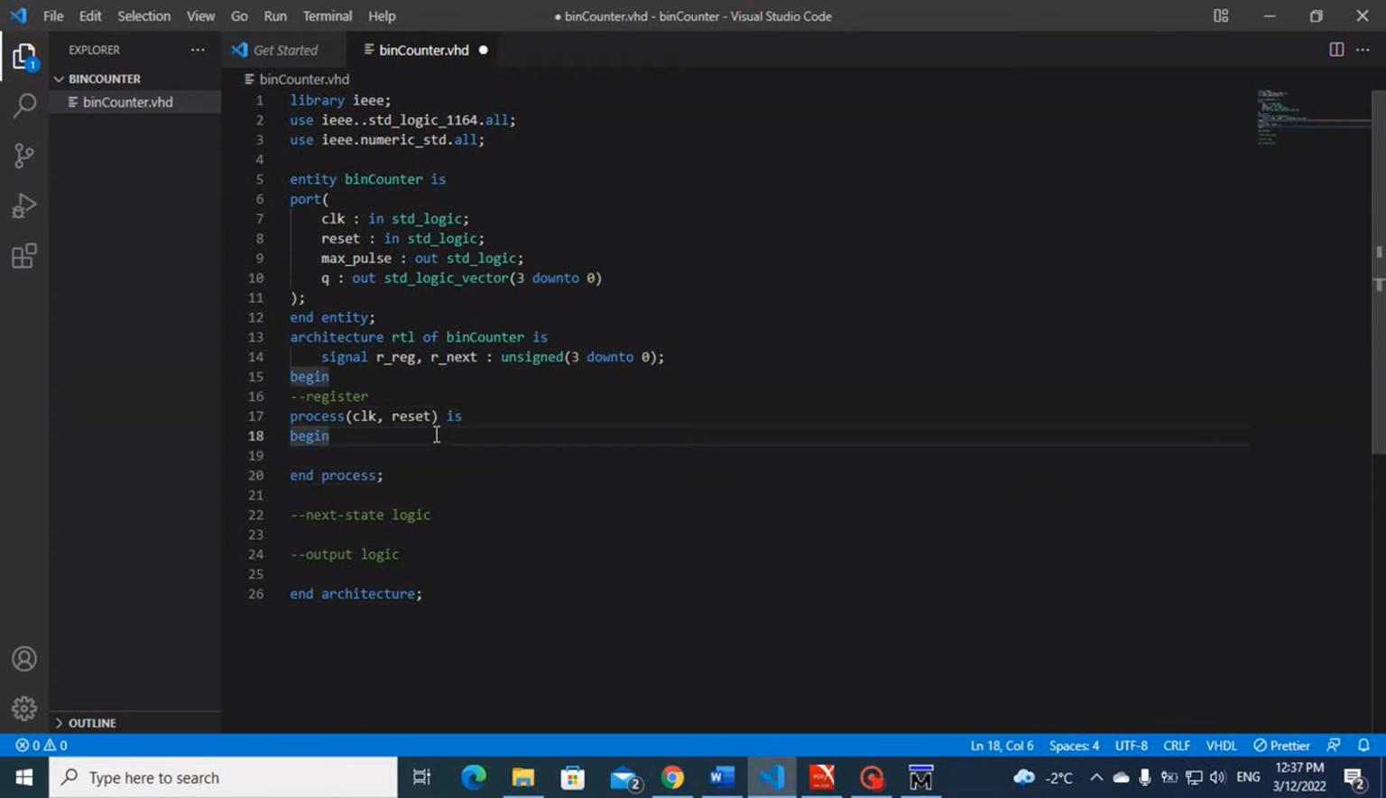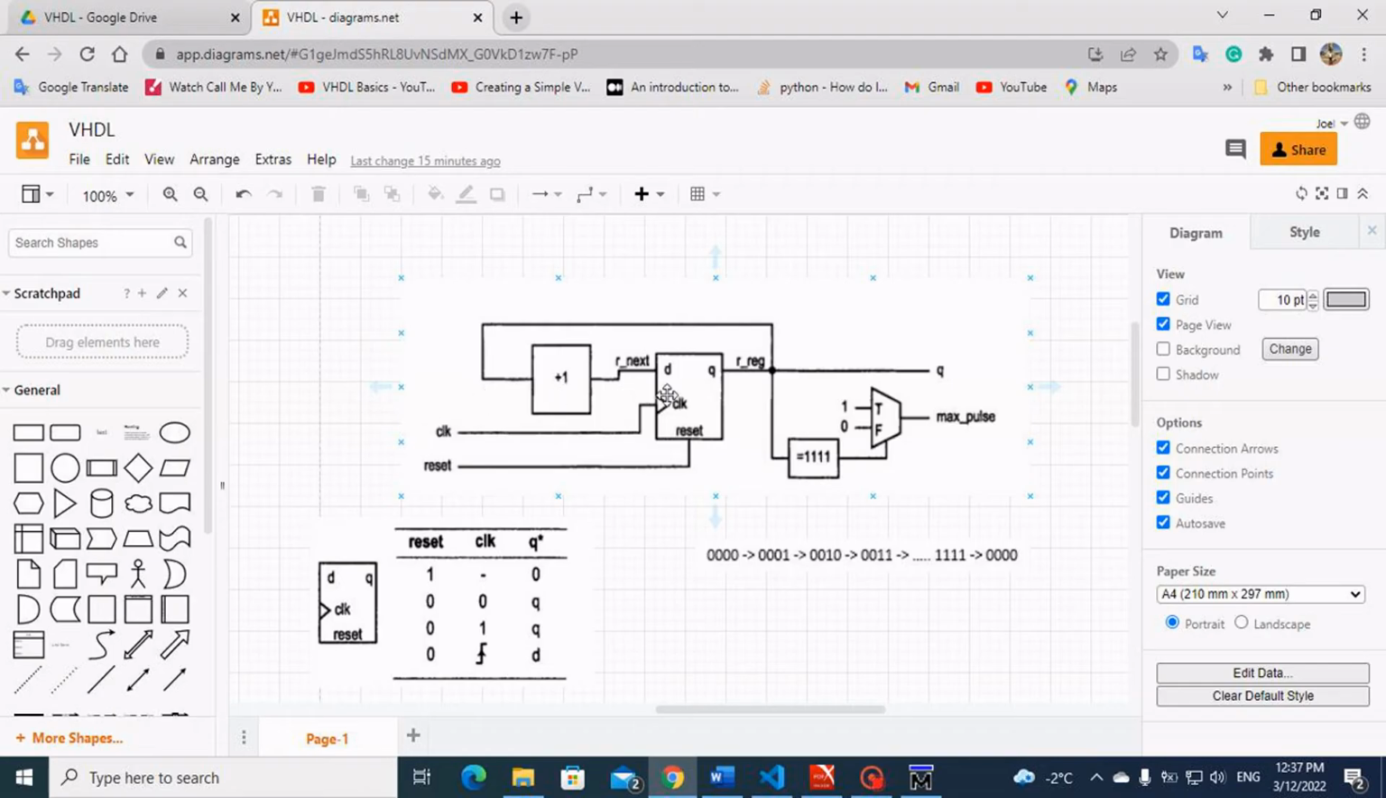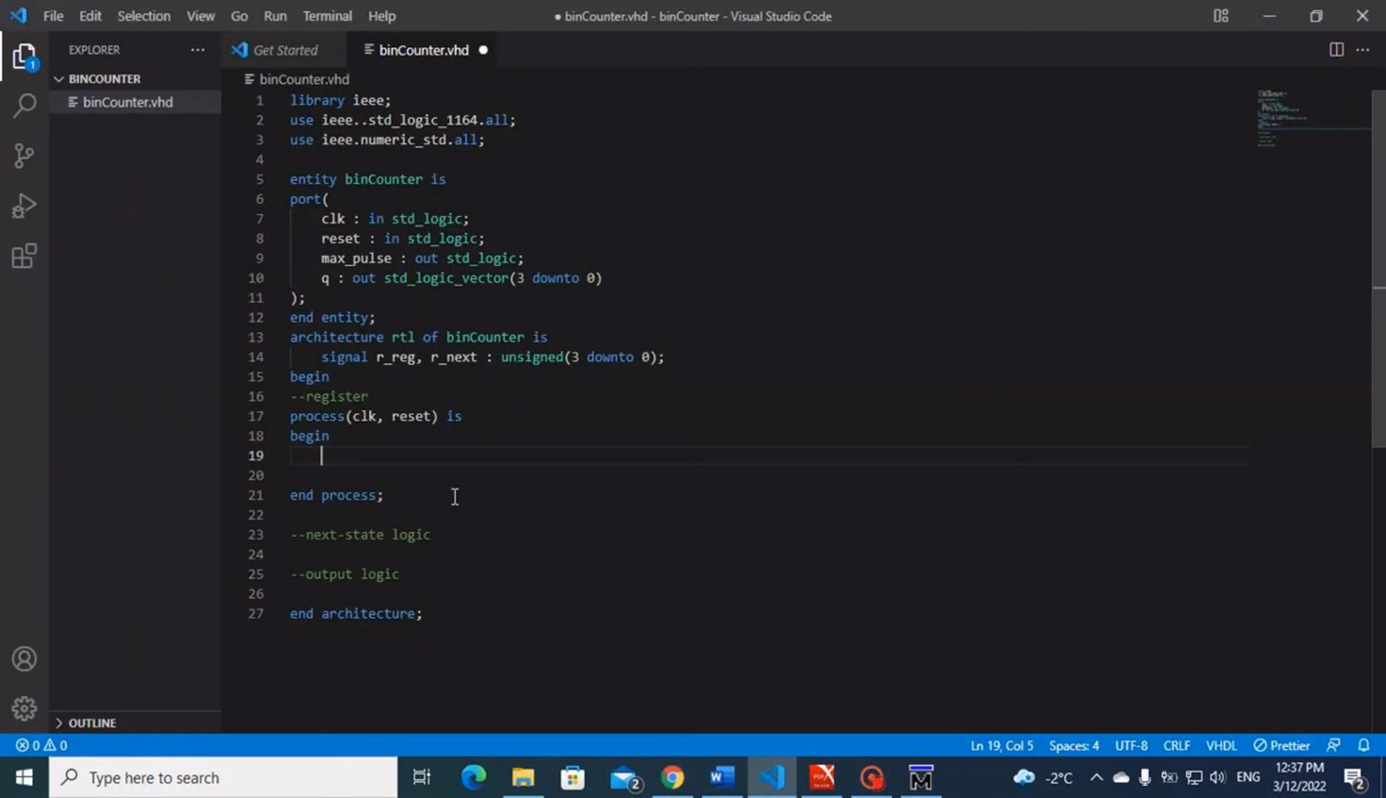Perfect. So we said that for our register, this reset is asynchronous, which means that it doesn't have to wait for the clock. Whenever this one goes to 1, the output of our register goes to 0. So what do we do? We have to check, first of all, if our reset is equal to 1, or is on. So if it's equal to 1,